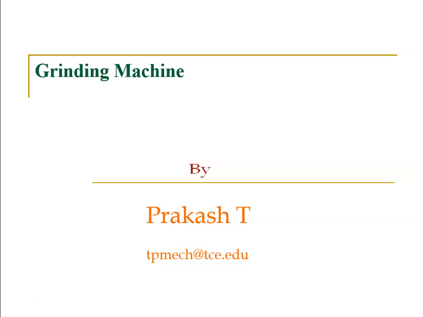The two types are called precision grinders and non-precision grinders, or we say rough grinders. The difference between these two is that for rough grinders, the metal removal rate is very high, but the surface finish is very poor. If you take precision grinders, the metal removal rate is very low, but we can get a good surface finish. These are the differences, right? Generally a grinding machine removes a maximum of 0.5 or 0.7 mm only, right? So this is what rough grinders and precision grinders are.